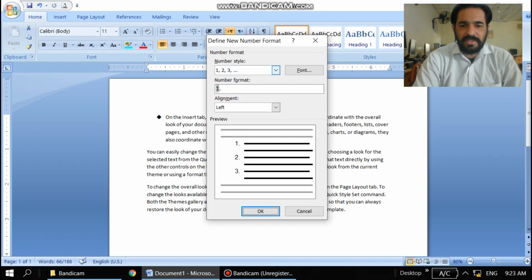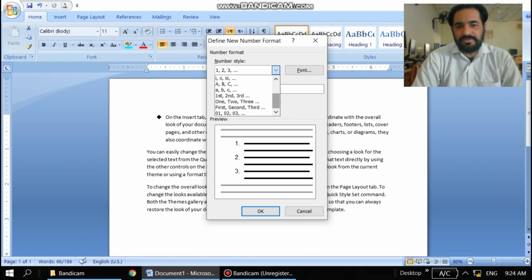There, the same way you can arrange the number style. What kind of number style? Here you can see there are different styles. The first one is 1 2 3 with comma separated. Then alif be te with two fonts. Then Roman is there. Then capital and small, and first, second, third is also there. Alphabets, digits with 0, 0, 1, 2, 3. So it's up to you how you want this.